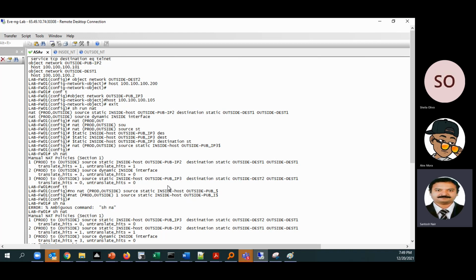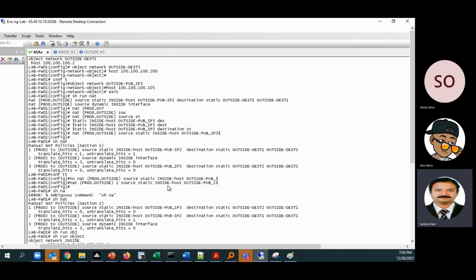NAT is very easy to configure, but you have to understand the concept. Without understanding the concept, if you give a wrong command, the entire network will go down. NAT is done in the edge device, so we have to be very, very careful, because if we give a wrong command, it can take the entire network down.